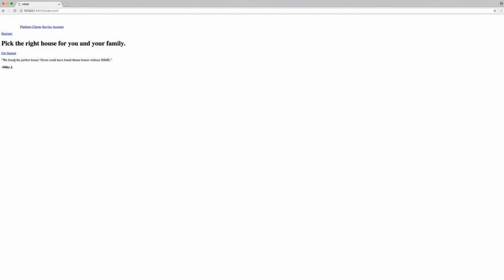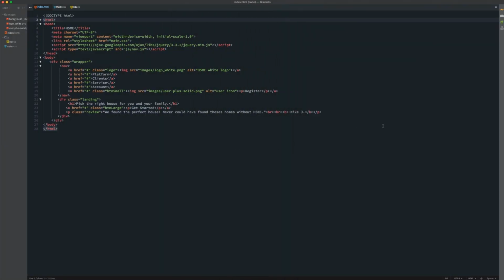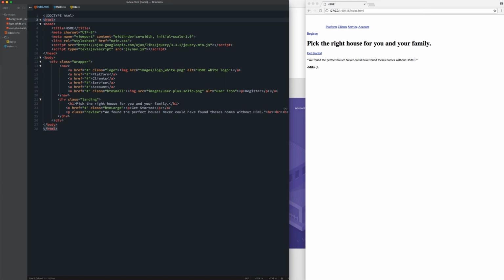So here's what we have so far. It's actually not a lot of content. We just have a logo, some links, the register button, the H1, another button, and then our reviews. So now we're going to start styling this. So I'm just going to drag this over to the side like this, and then we can adjust Brackets to go next to that,